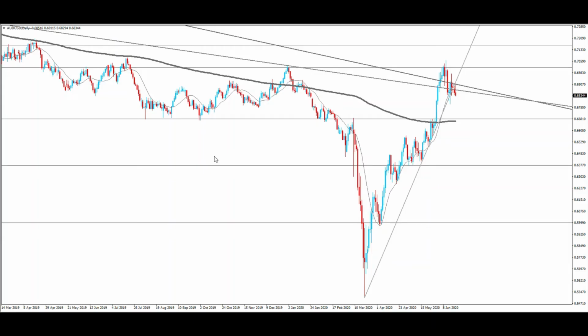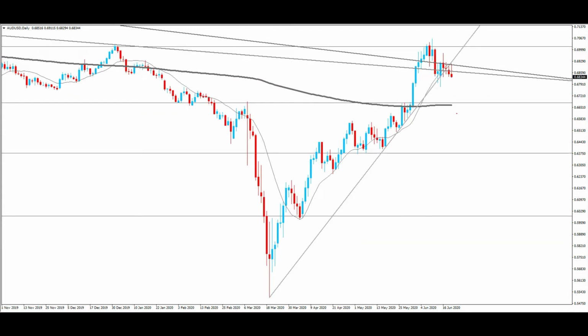Okay, so now on AUD USD. If you take a look on the daily, you can see that we had a break of this daily trend line here. Not a strong one, but we did have a break. And if you zoom in, you can see it better. So you can see that we had a break of this trend line, and we're still expecting AUD USD to fall and have a longer downwards trend to hit this level at least. But we're still aware that we could have reversals at these levels here, but we are expecting a longer downwards